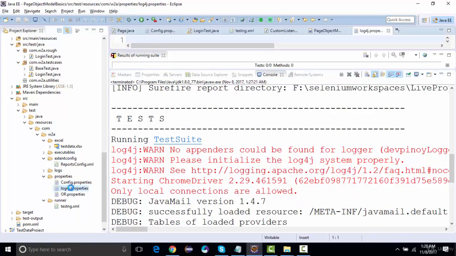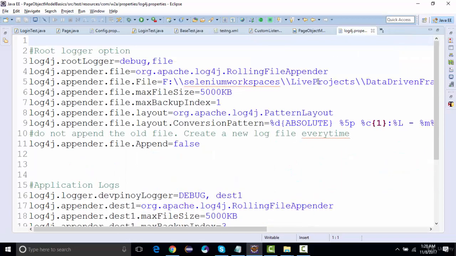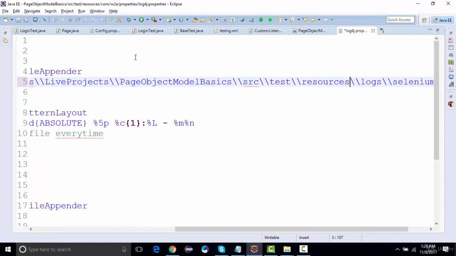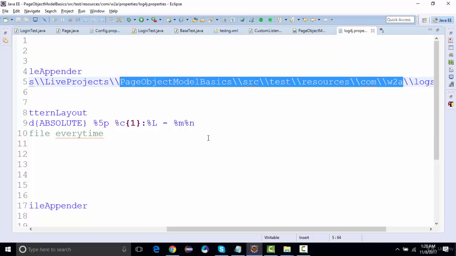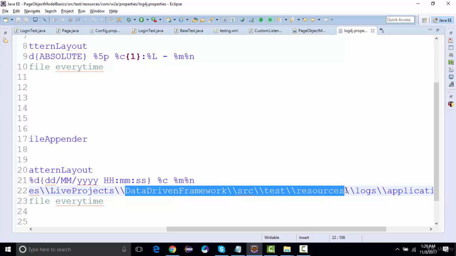First we need to look at where we have mentioned the log files. It's application and Selenium logs, so all the logs should get generated in page object model. The framework name is page object model basics, src test resources, then com, then w2a. This should be the path. I'll copy this for application logs as well as for Selenium logs,